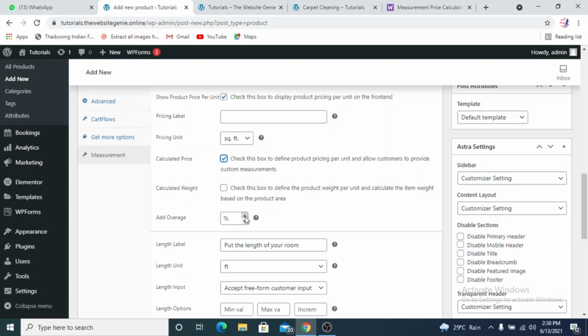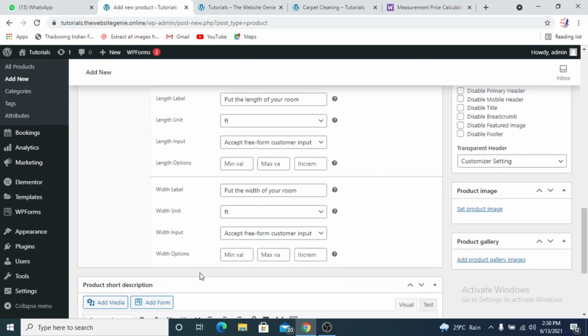But we won't add the overage here, but that is what it actually does. You can place in the percentage, so you can just place in 1, 2, 3 or 4 or 5 as the overage percentage. So if the customer is placing 1000 square feet, it would take 1005 square feet and it would give the price based on 1005 square feet. So that is overage. So we'll skip that.